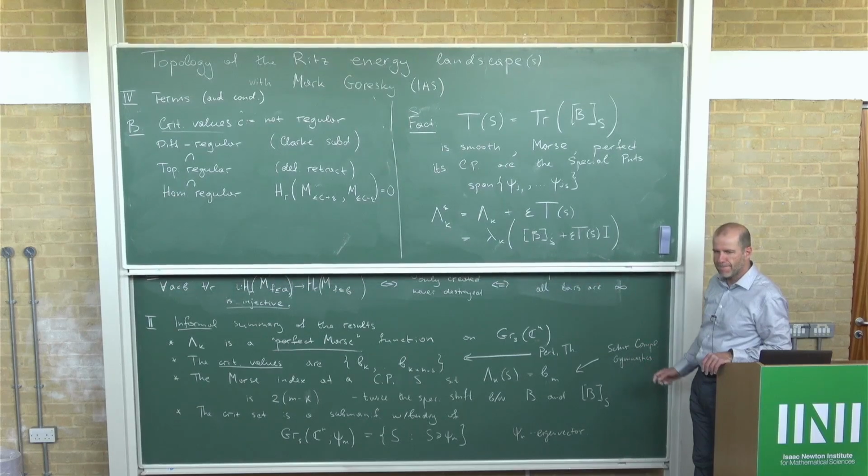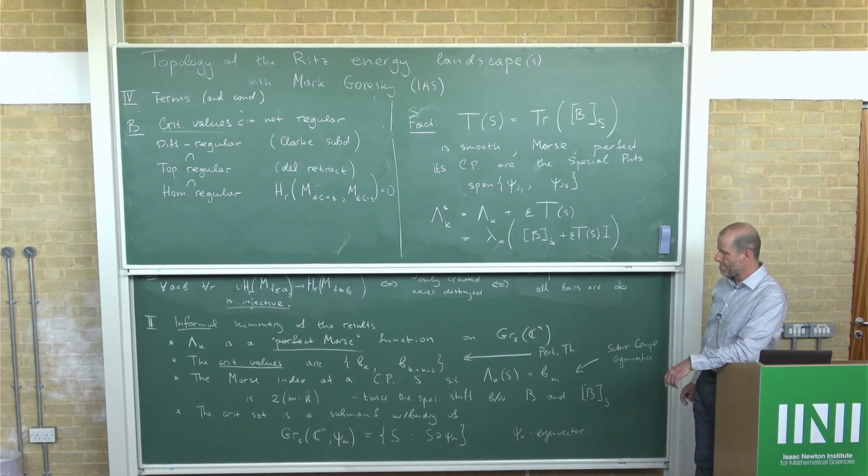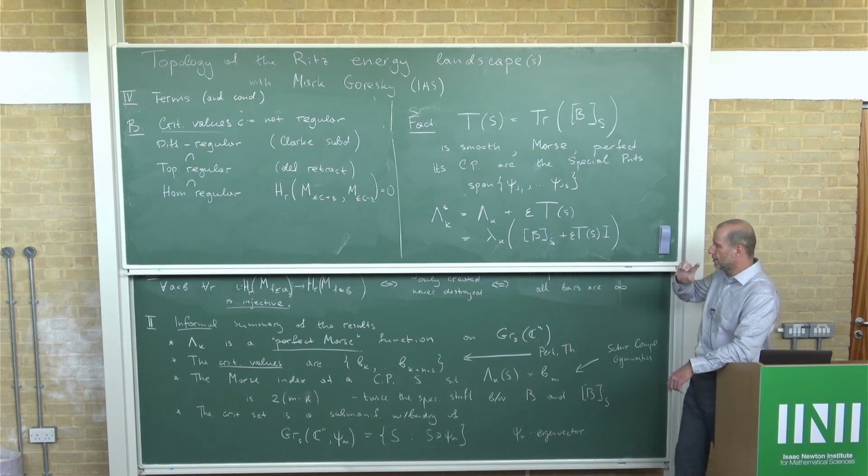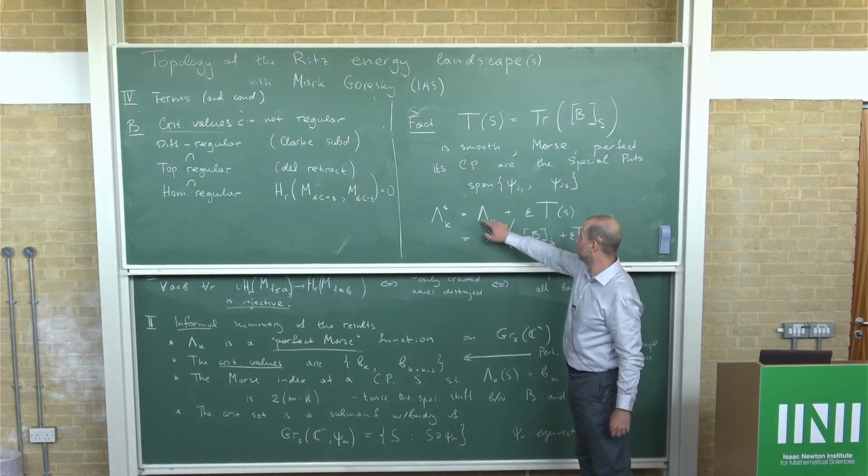When you do this perturbation, you are somehow selecting some of the critical points of T of S. My question is, can you actually have a path going from lambda k to the trace that keeps the property all along this deformation? I think probably if you would just interpolate,